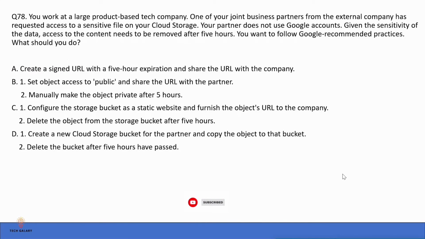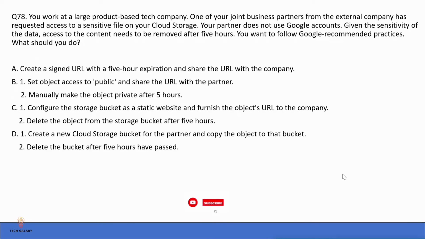You work at a large product-based tech company. One of your joint business partners from the external company has requested access to a sensitive file on your cloud storage. Your partner does not use Google accounts. Given the sensitivity of the data, access to the content needs to be removed after 5 hours. You want to follow Google recommended practices. What should you do? Option A, create a signed URL with a 5-hour expiration and share the URL with the